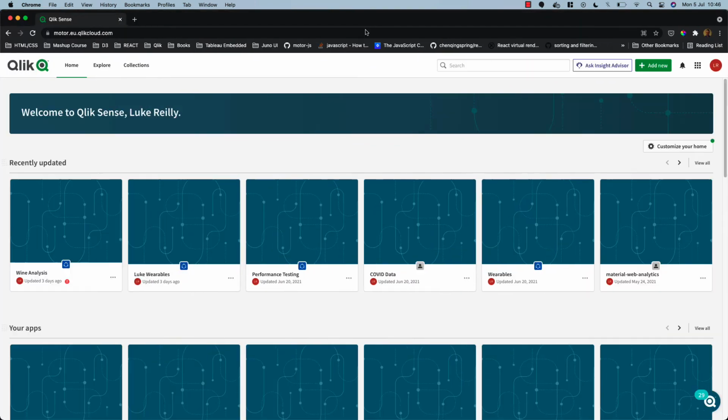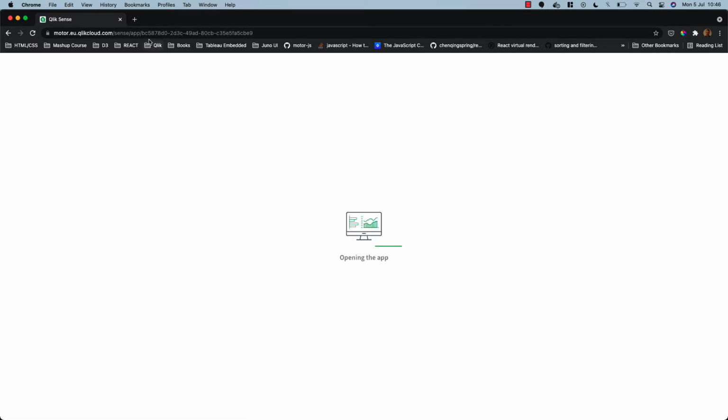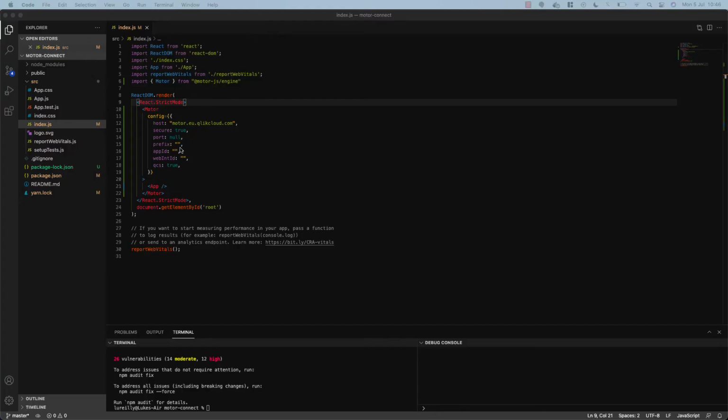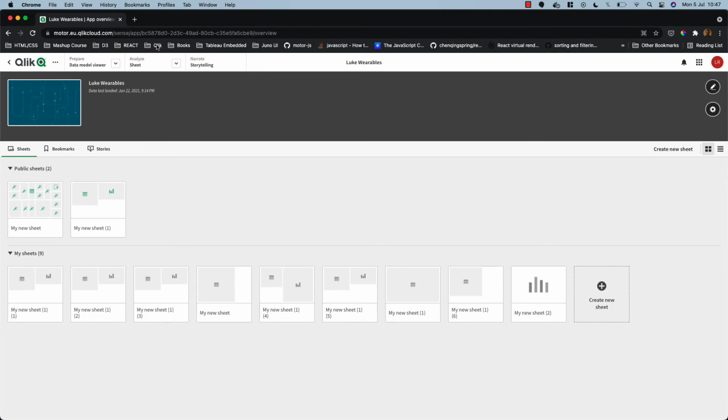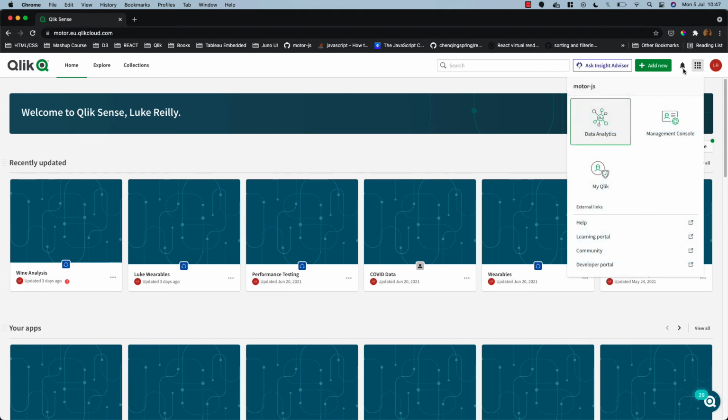And we need an application. So I'm going to use this Luke Wearables app and just copy the app ID here and paste the app ID here. And finally, we need a web integration ID, which can be created in the QMC section of our Qlik Cloud instance. So let's hit this button here and go to Management Console